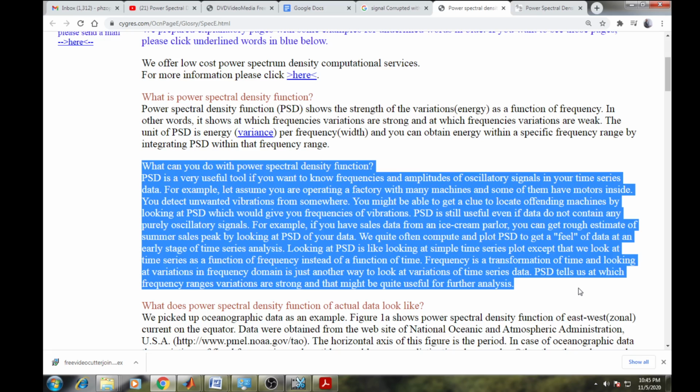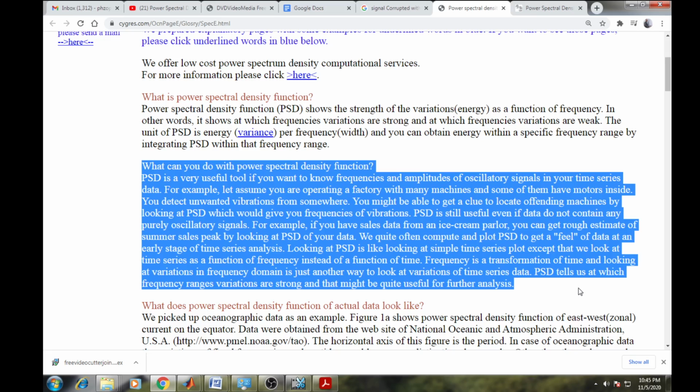In terms of different kinds of motors, as well as various other day-to-day life applications, this power spectral density plays an important role. Just by observing this function, we understand how it is useful.